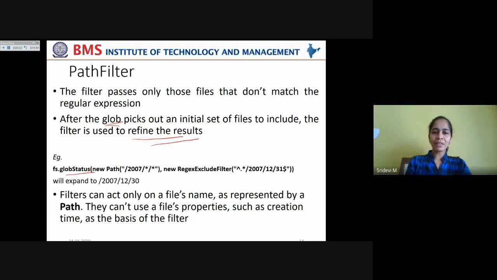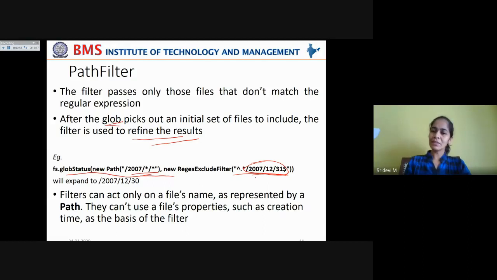In this example we can take fs.globStatus. The new path is what we mentioned here, and the regular expression we are providing is this one, new RegexExcludeFilter. So wherever the file's modified date is matching with this, those files are not retrieved.